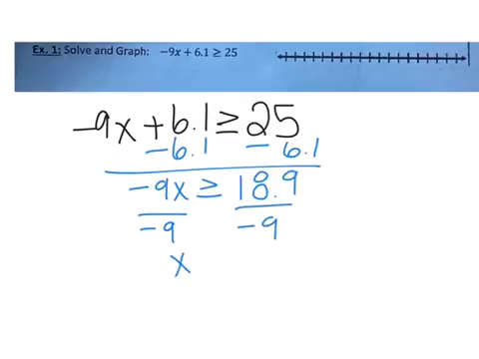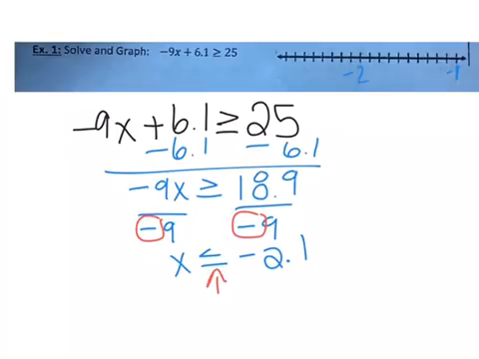So then you get x is less than or equal to negative 2 1/10. Because remember, whenever you divide by a negative, you have to flip the sign. I know the directions say to plot at 0, but what I think makes sense is to go negative 1 here, then go negative 1, 2, 3, 4, 5, 6, 7, 8, 9, 10, and I'm going to put negative 2 there. So I'm going to have negative 2